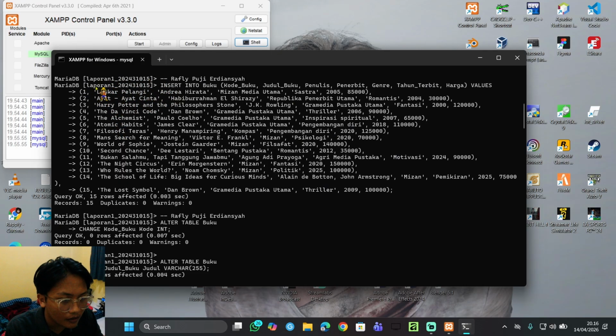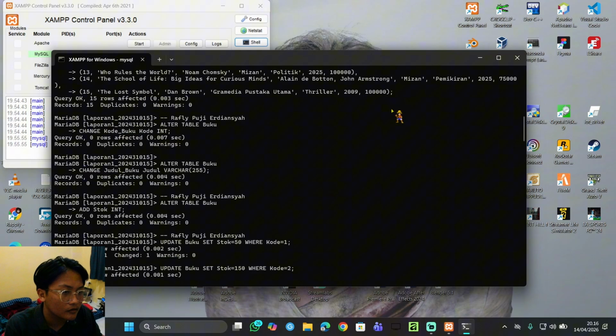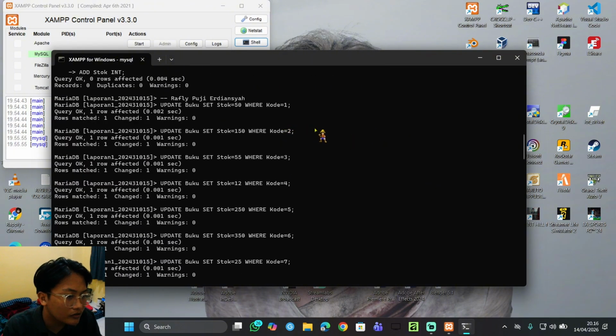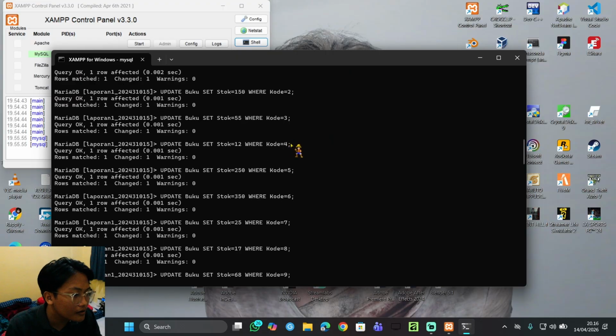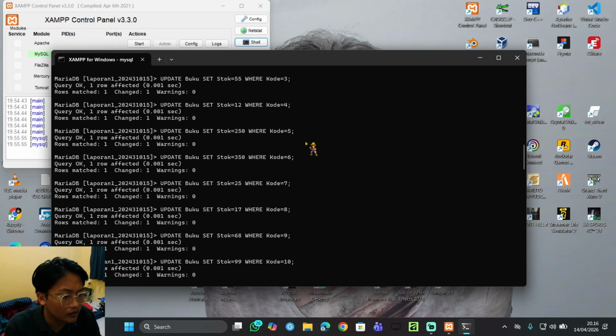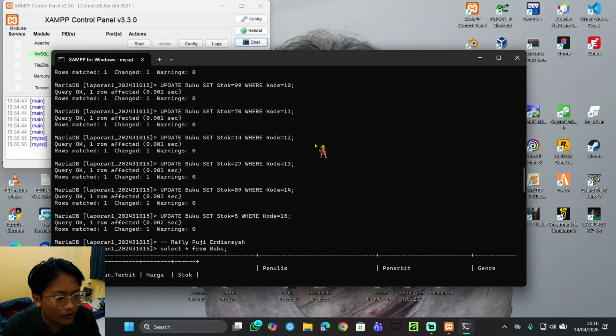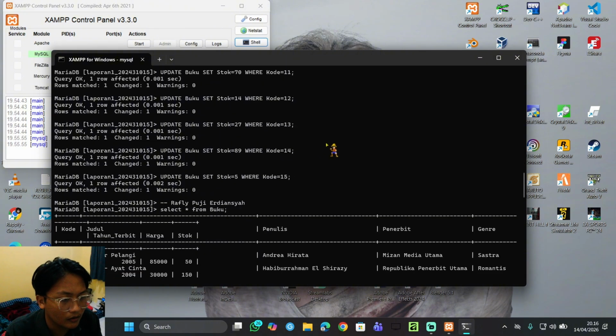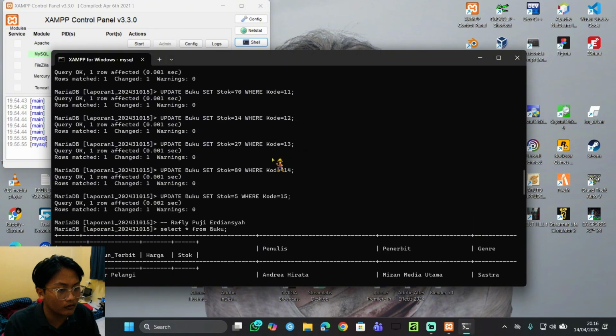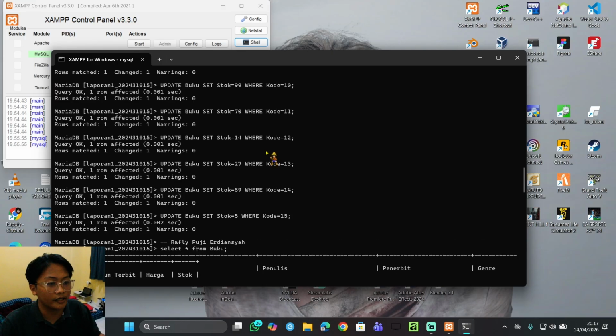We want Laskar Pelangi to have 50 stock. We do the same for the other data. We have 15 data here, and we can set the stock to whatever we want.